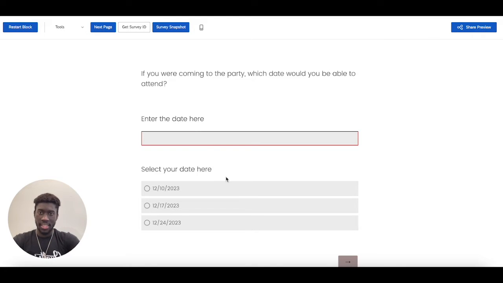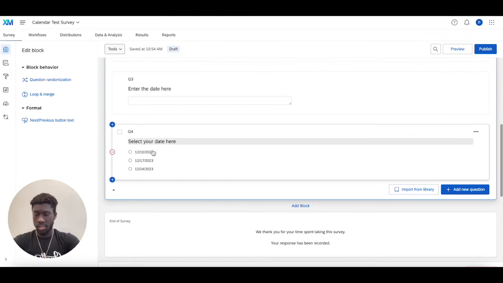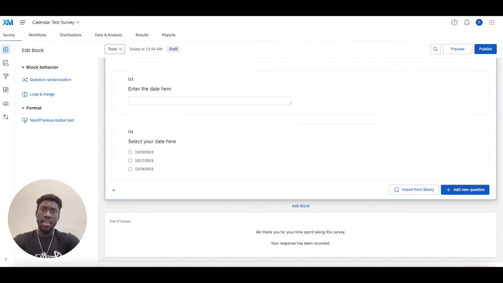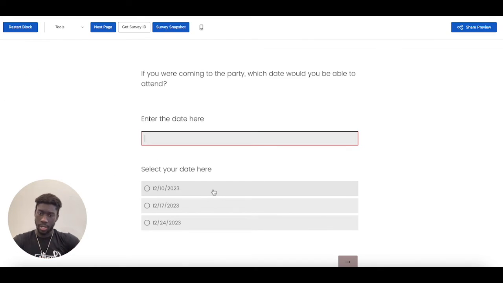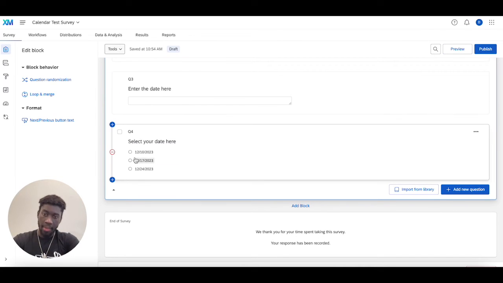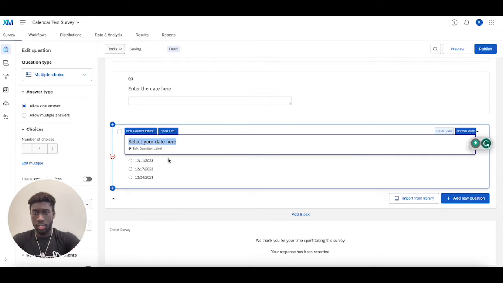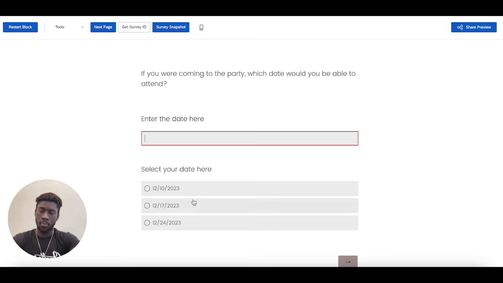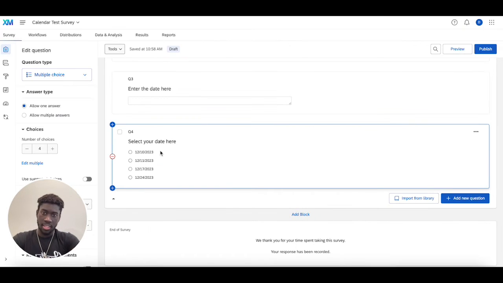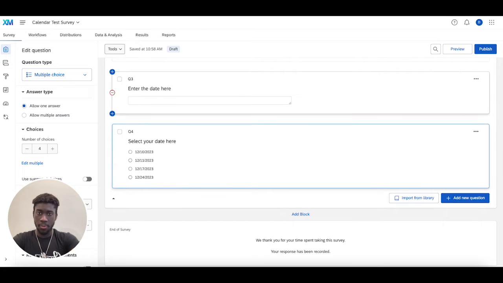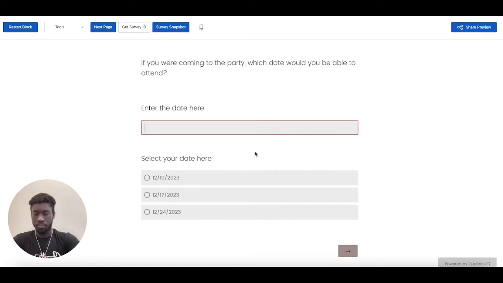Now, a way to work around that is to make a multiple choice question that restricts the date format to specific dates, except the problem is if you want a wide range of selections, like let's say I wanted every date from December 10th, 2023 to December 24th, 2023, I'd have to add all of them one by one into here so people could select them when they're answering the survey. This, of course, if you have a lot of dates to choose from, can get very taxing, and especially if it's a multiple choice question type, there can be a lot of selections to choose from and people might select